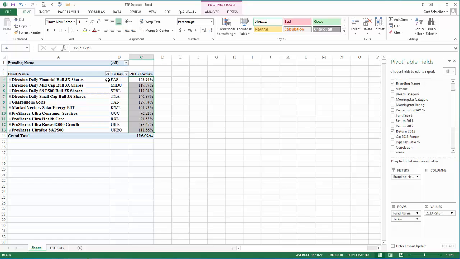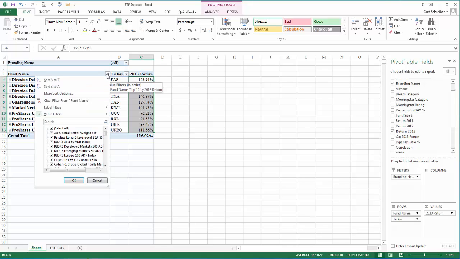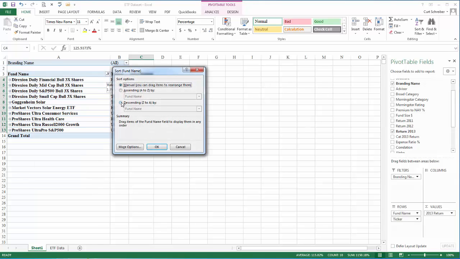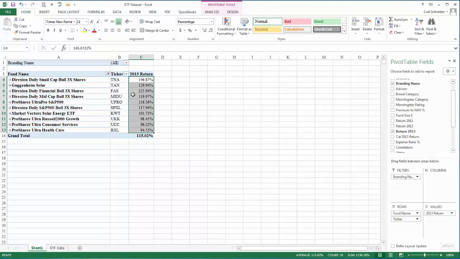with that quick filter. But now let's say that we want to refine this even a little bit more, and we want this in numeric order. So once again, let's click on the drop down arrow next to fund name, click on More Sort Options. Let's click on descending order by 2013 return and click OK. And so now we sorted that by the 2013 return and in